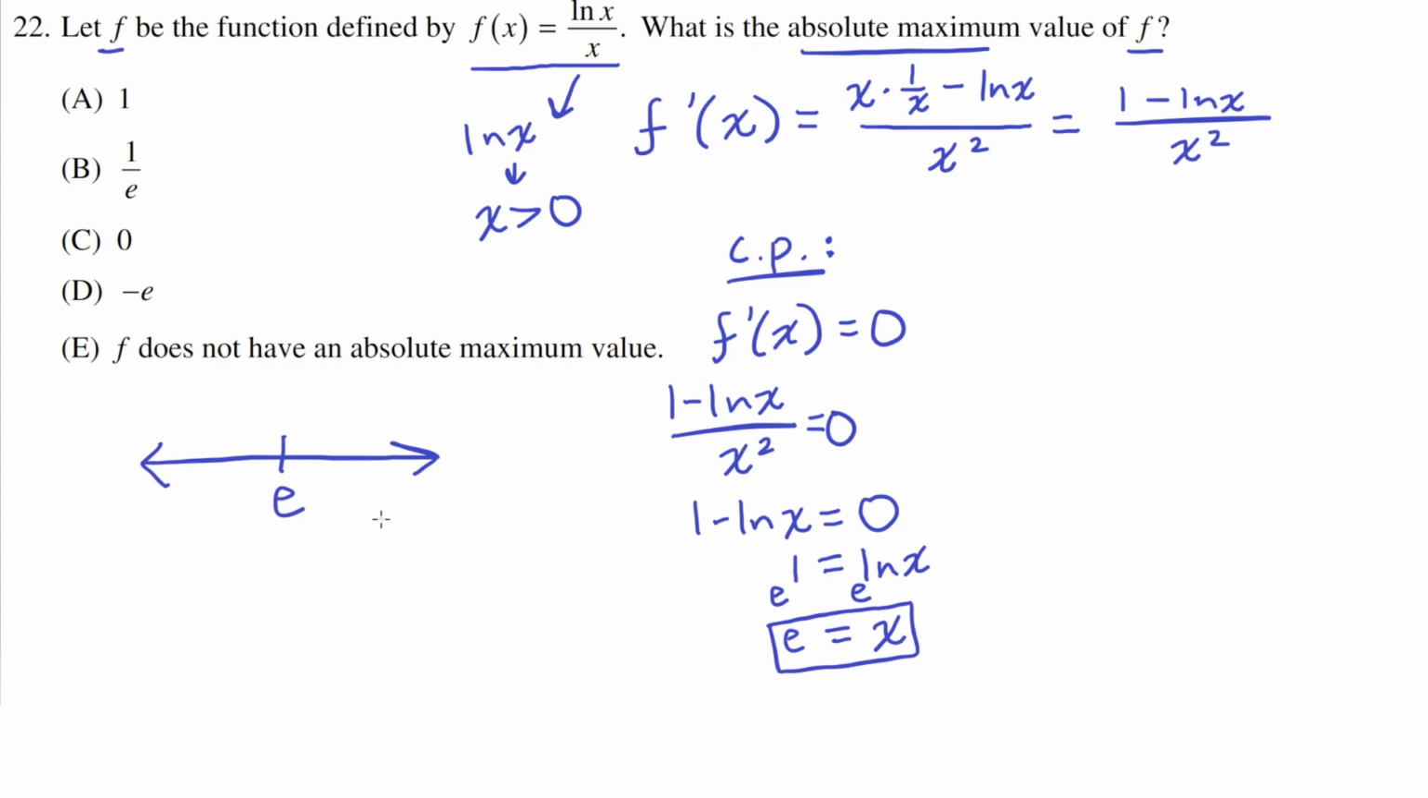Now we can draw a number line to see the intervals where f of x is increasing and decreasing, where we know that f prime of x is 1 minus ln x over x squared. First let's test points to the left of e, between negative infinity and e. We can take something like 1. e is roughly 2.7, so to the left of e is just 1. If we plug in 1